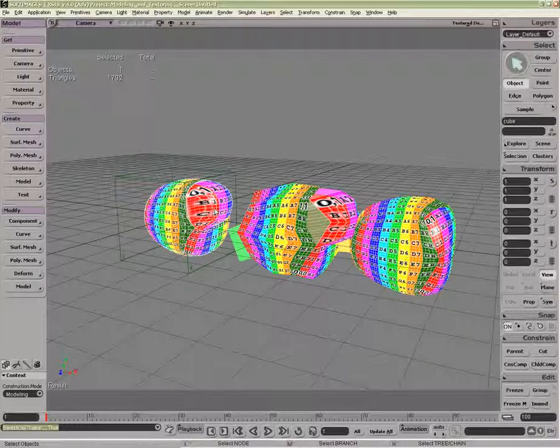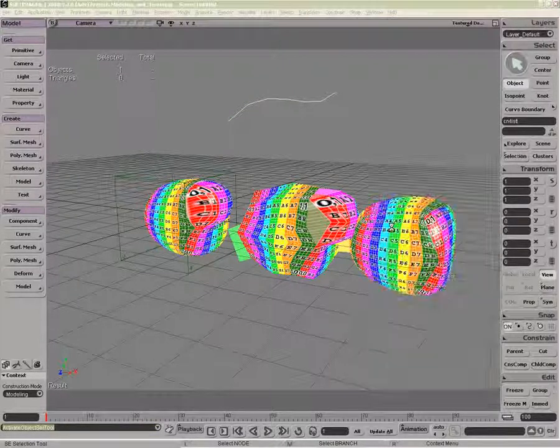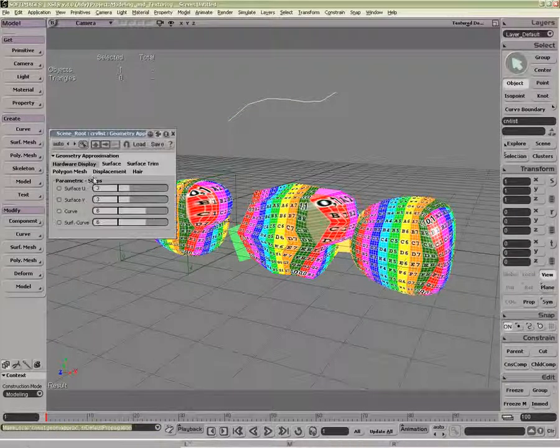So subdivision surfaces is an extension of the polygons, and therefore any operation you do to a polygon can also work with the subdivision surface. If I were to draw a curve here and go into its geometry approximation, if I were to look at the display here,